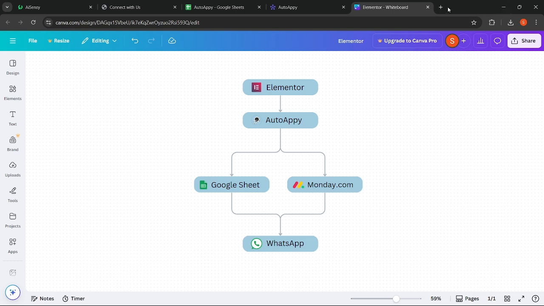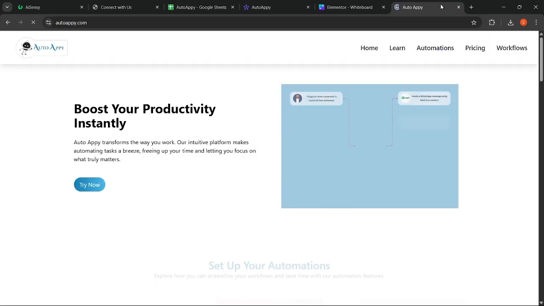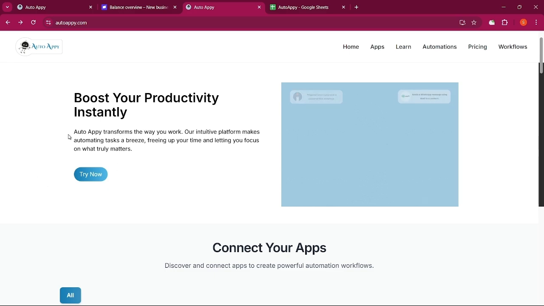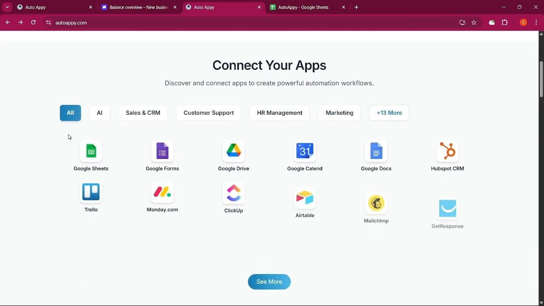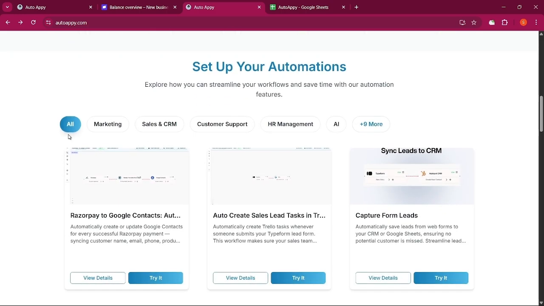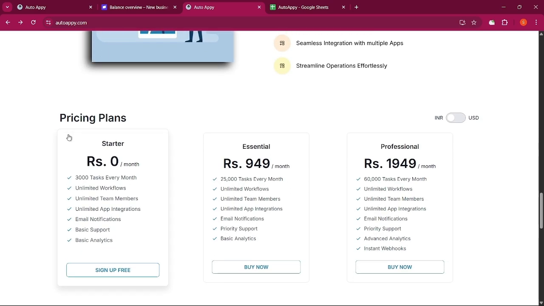I'm going to add a new tab and type autoappy.com. Just enter. So this is the landing page of AutoAppy where you can find multiple sections. In this section you can find a list of applications we provide, so you can use these applications to build a powerful automated workflow. If you scroll down, you get multiple templates which are ready to use to boost your businesses also. And then here you can find the pricing plan